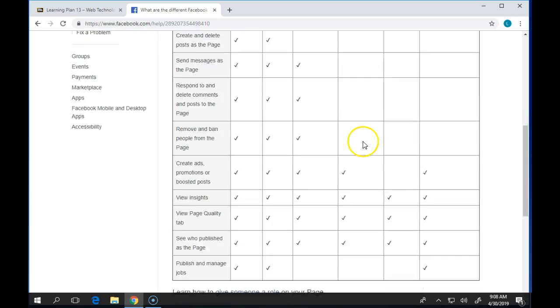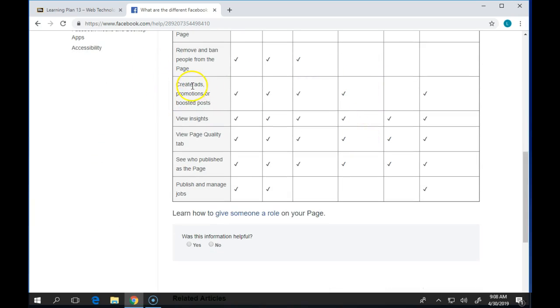If you give somebody the role as an advertiser, they can create ads, promotions, and boost posts. They can do insights and see who's published as the page. So sometimes some companies end up hiring an outside company to run and manage Facebook ads for them, and they need to give them rights to get on the page and do that, and they would assign this role to